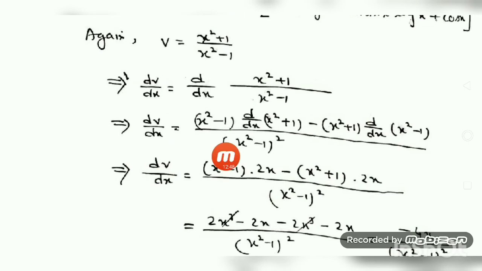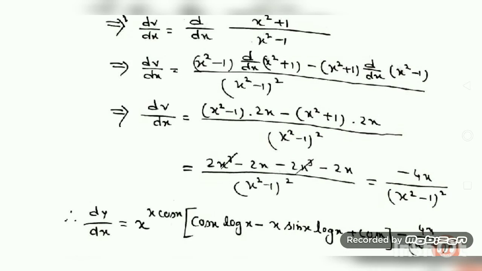dv dx equal to v square, formula is v d/dx of u minus u d/dx of v, over v square. V means second function, whole square; second function times derivative of the first function, that is the numerator, minus numerator times derivative of the denominator. So dv dx equal to denominator, I just keep it as it is. Simplification step I had done, x square minus 1. d/dx of x square is twice x plus 0, 0 I have not written here. x square plus 1 and d/dx of x square is twice x. Then I just open the bracket. Twice x cube minus twice x cube, plus minus is minus twice x. This cancels out, minus 4x by x square minus 1 whole square is the derivative dv dx.